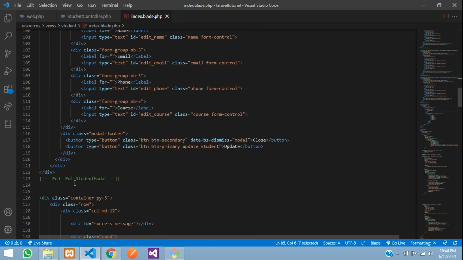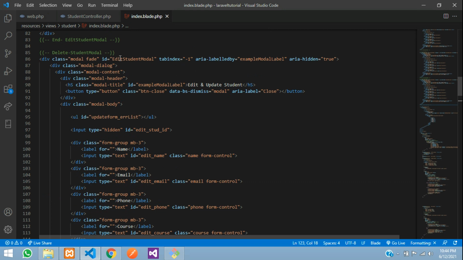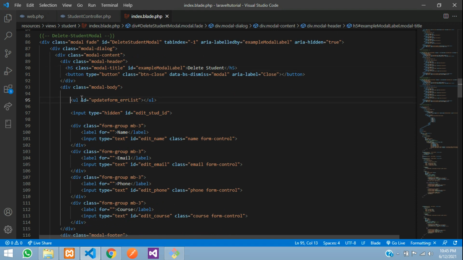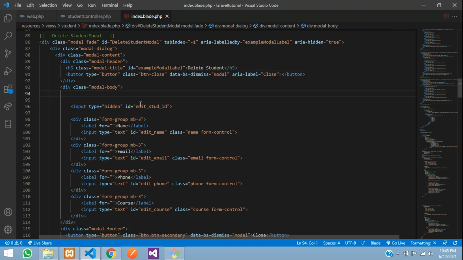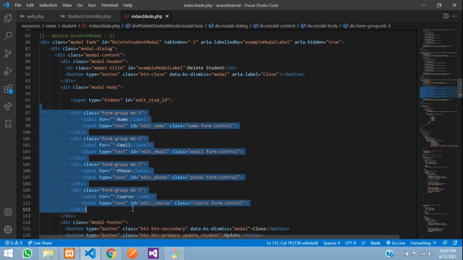Let's copy this and mention it over here. Let's change the modal name. So instead of edit, we'll make it delete student modal, and change the modal title to delete student. And we don't require these things, so let me just remove these input fields.